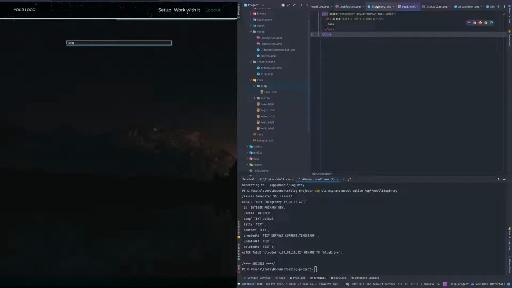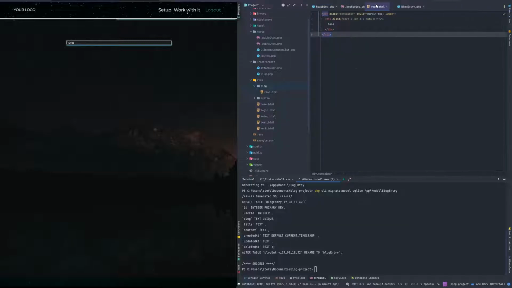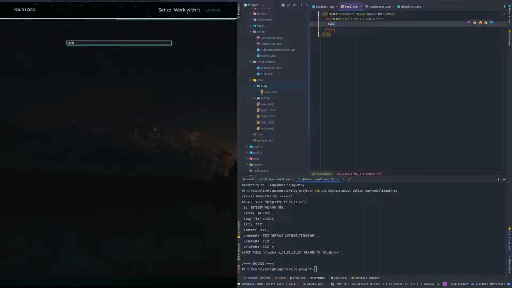So let's close a couple of those things. We don't need this anymore. Don't need any of that. We're good with this. Read blog, yeah. So here, let's close this one too. This is basically the connection that we're interested in right now. So this is what we're looking at. And this is what gives us this, which means that our name would work, right? So if I were to put a name here,